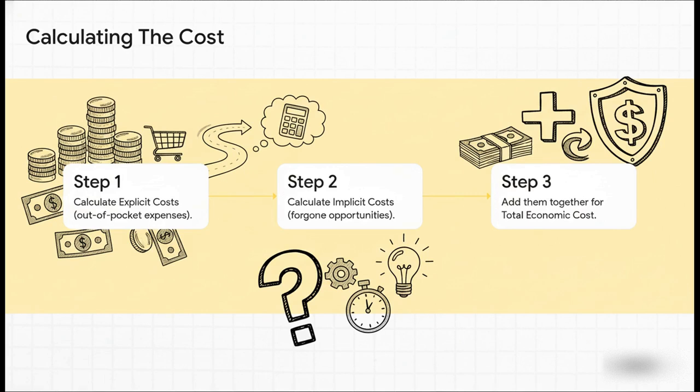So, what is the true economic cost of this semester? Well, to figure it out, we're going to follow 3 simple steps. First, we'll add up all the explicit out-of-pocket costs. Second, we'll find and put a value on those implicit opportunity costs. And finally, we'll add them all together. Now is a great time to hit pause, maybe grab a calculator, and see if you can figure it out for yourself. What's the grand total?